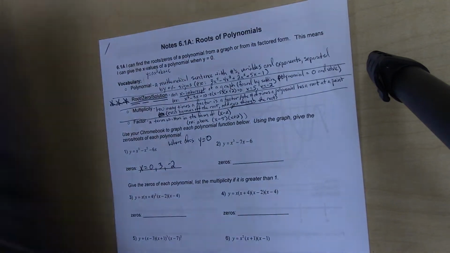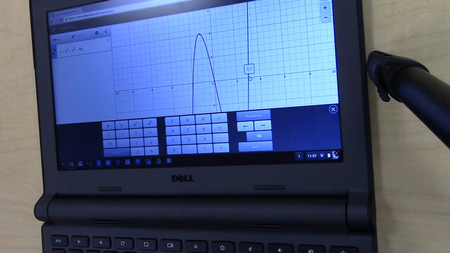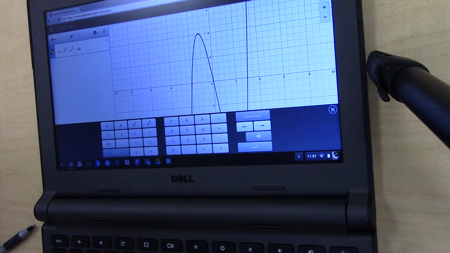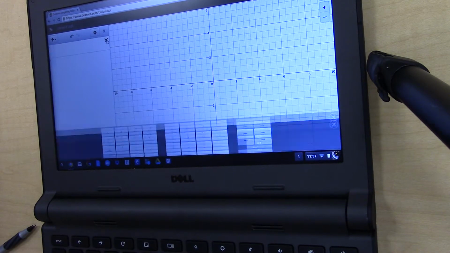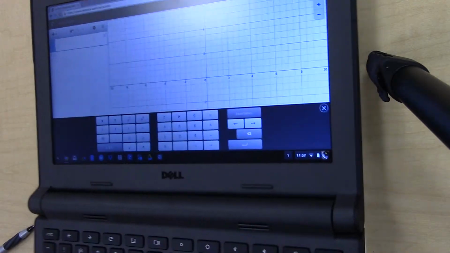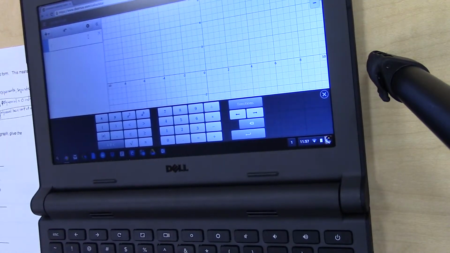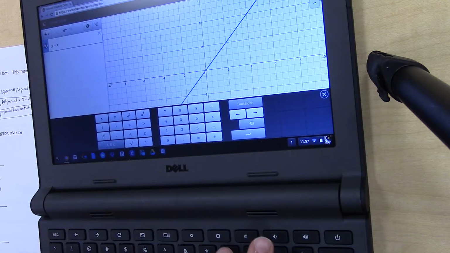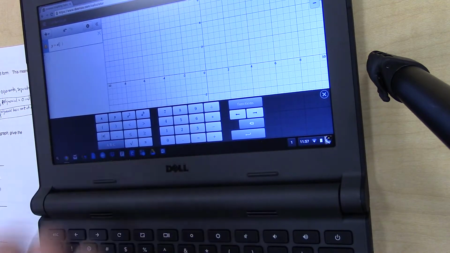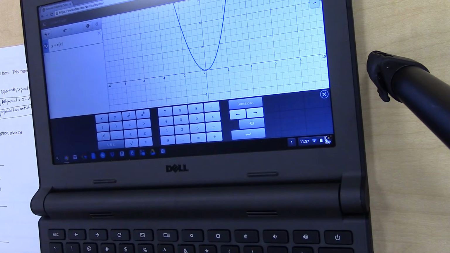Okay, so I'm going to go back to my graph here. I'm going to go back up to this. I'm going to exit out of there because I want to put in a different graph, and I'm going to put in again what the second equation says. So I'm going to put y equals, and here they're just written in factor form, so x and then parentheses, which you can either push that button or you can actually use the parentheses button, x plus 4, and then